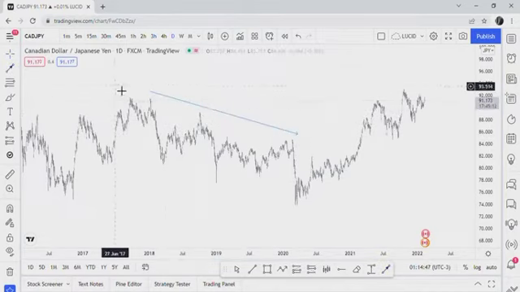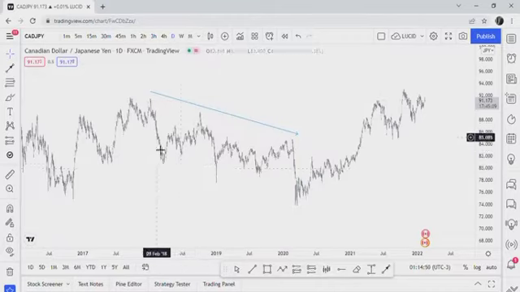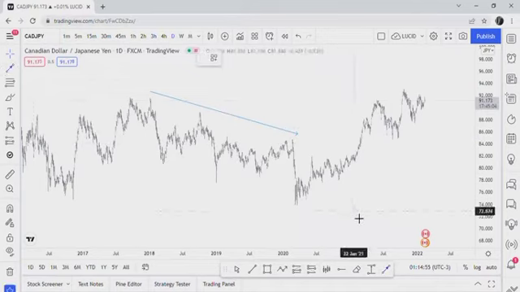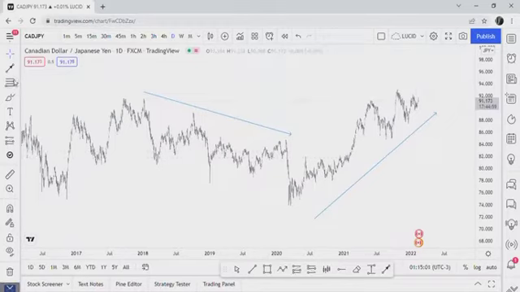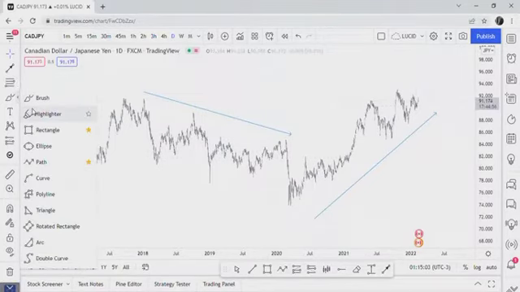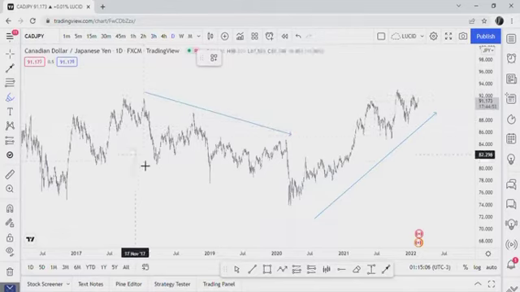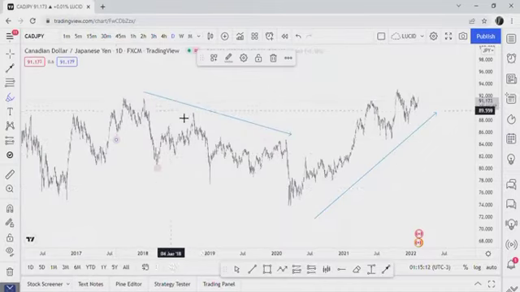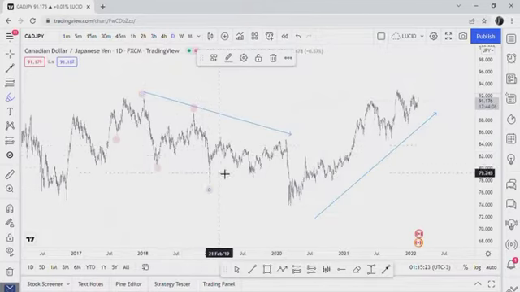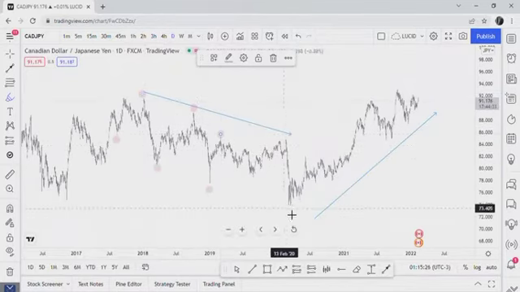Price in a downtrend prints a series of lower highs and lower lows, right? Price in an uptrend prints a series of higher highs and higher lows. Lower highs and lower lows because this low is lower than the previous low, hence lower low, and this high is lower than the previous high, hence lower high. Lower high, lower low, lower high, lower low, lower high, lower low,